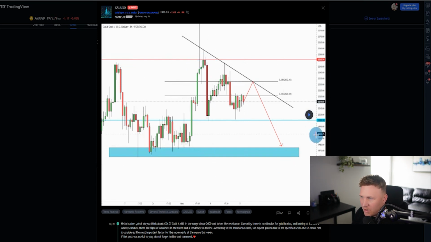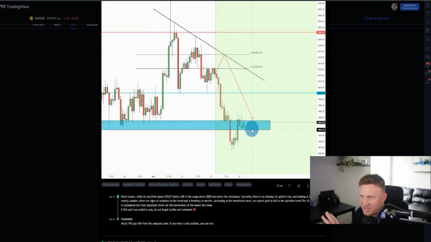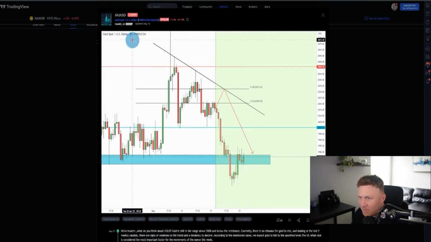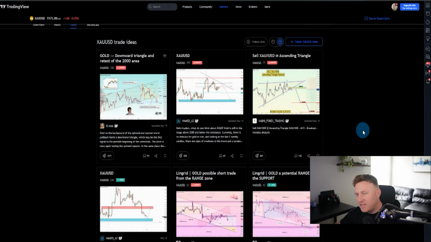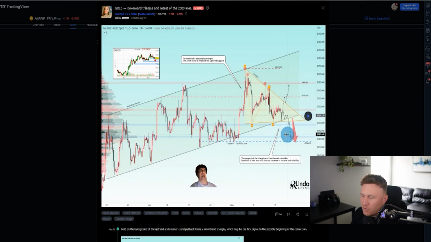We already know what happened here. Price ended up running these lows. So we can see price push down, and this is current price action. This is a higher time frame, 8 hour. But we can see price ran this level. And then naturally when it breaks the level, people look for a pullback and a break retest, whatever that might be. So the idea here, just like this one here, this was another exact replica of what we marked up